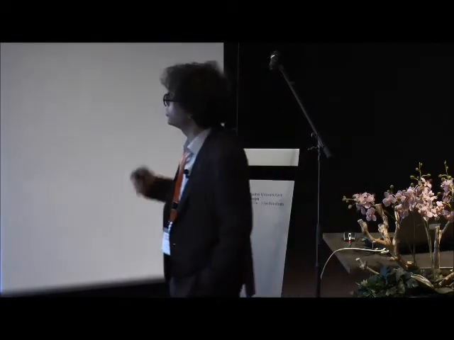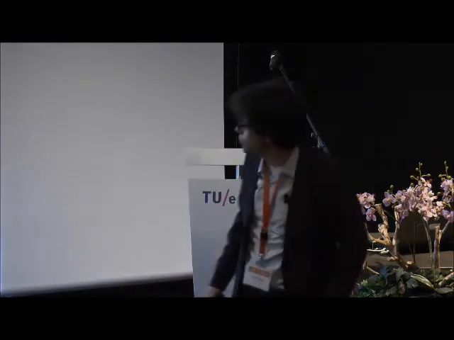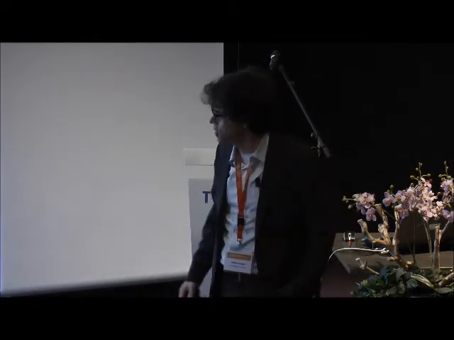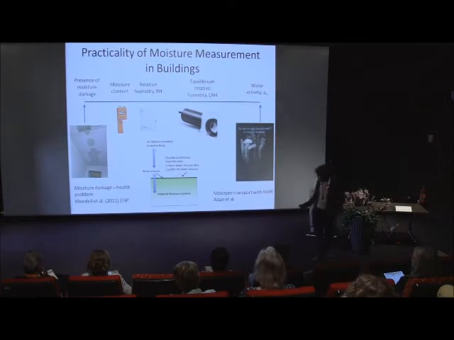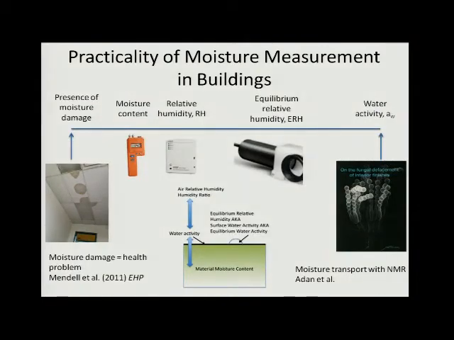And just because some of these measurements may not be familiar to everyone in the room, this is just kind of a cartoon schematic, just so that we're looking at these things together. On the air side, we have the air relative humidity, or occasionally other parameters that measure the amount of moisture in the air. On the material side, we have typically the moisture content, how much moisture is in the material. What we actually care about from a biological perspective is this water activity, which is, kind of think of it as available water at the surface where the microorganism is.